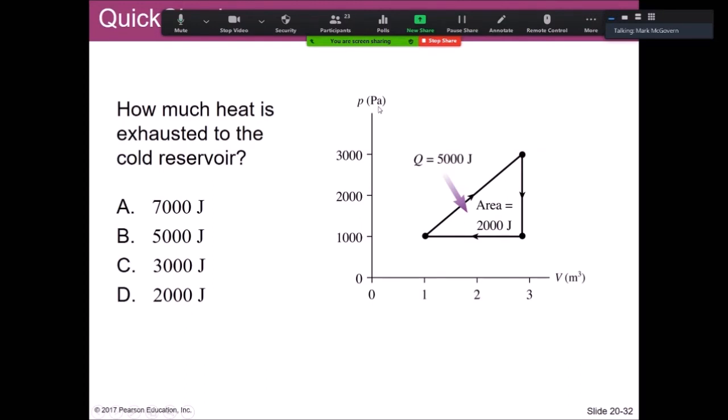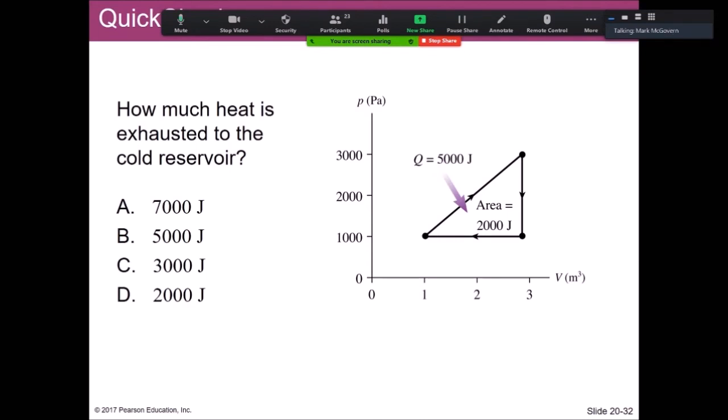Now, we are given some extra information here. We know that the area is 2,000 joules, which is the amount of work being done. Say we know that in the process of going from point A to point B, and that's this unknown process here,